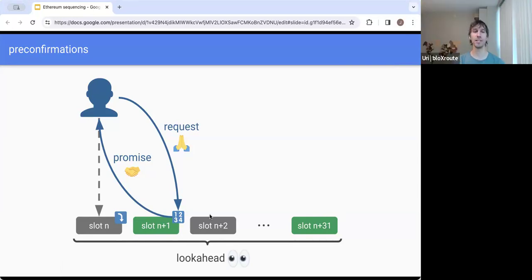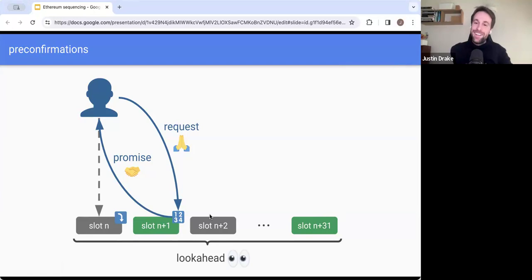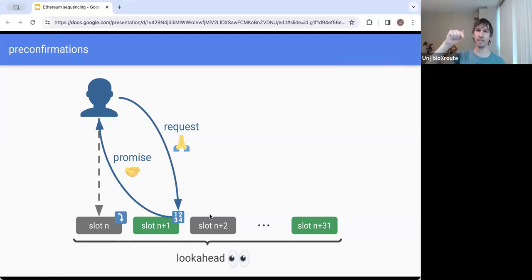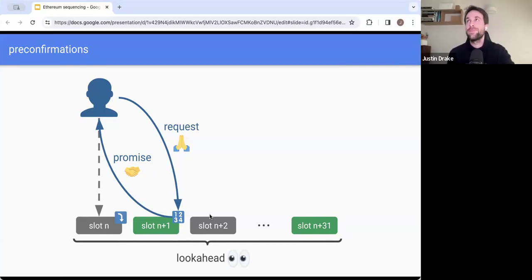Again, not what I'm saying. I'm suggesting that all the sequencers promise in advance that they will accept all the promises from previous sequencers. Oh, but then it becomes a bit complicated, because if there's a fault, who do you attribute the fault to? It could be one of the 2. If these 2 preconfirmers want to opt into a business deal and they trust each other, then yes, totally, 100%. But if they are mutually distrustful, then it becomes unclear how you do the slashing. But yeah, great idea, and I guess part of the design space.